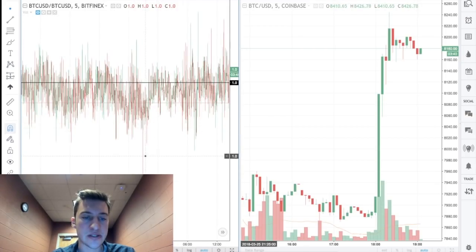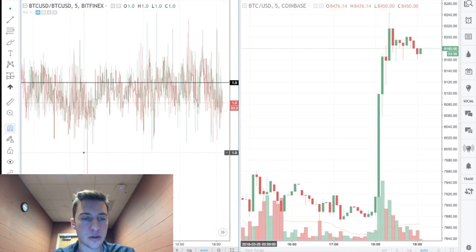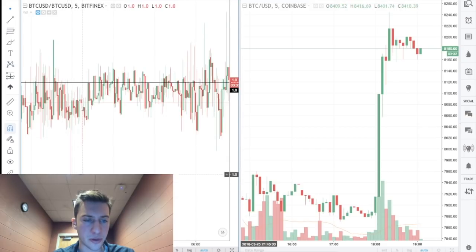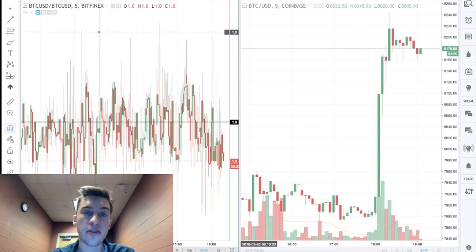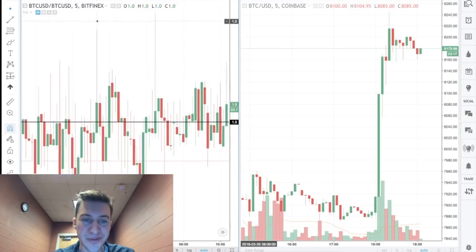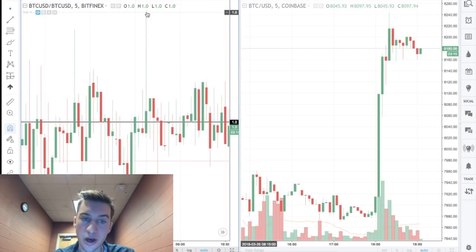Because what this means is, I'm going to show you guys a direct example of what occurred here. And the tails do matter. These tails are incredibly important. They're not random. Let's say that this went very, very high up. What that means is that the Bitfinex rate actually went much higher than the Coinbase rate at this point in time at 8:15. And then right immediately after, the Coinbase rate actually went up. You can see the correlation goes from, whoosh, all the way back down to here. That occurred because the Coinbase rate actually quickly matched the Bitfinex rate within a matter of minutes. That would have been your buying opportunity before this occurred. You would buy here.